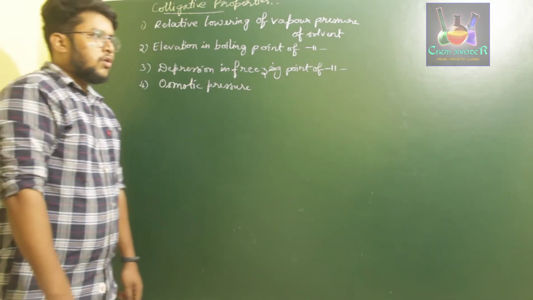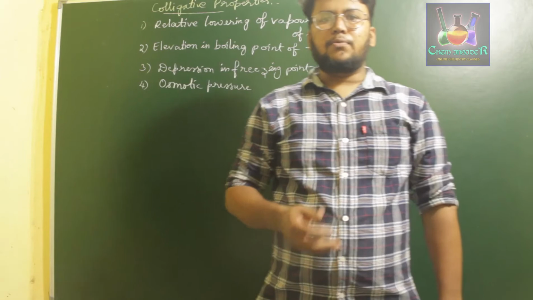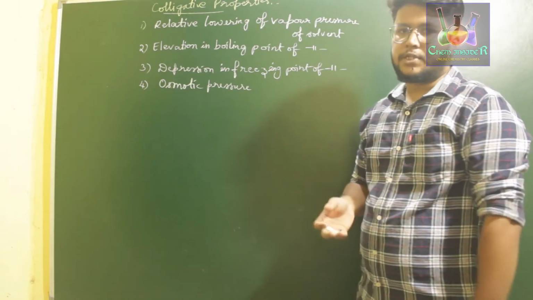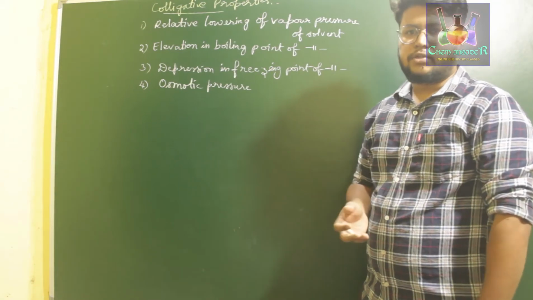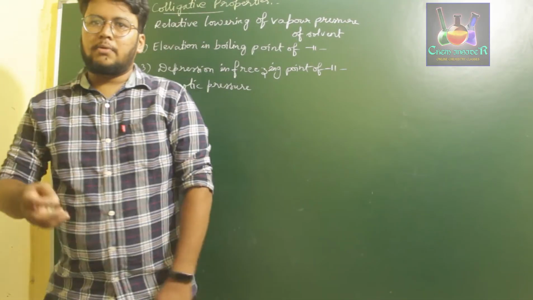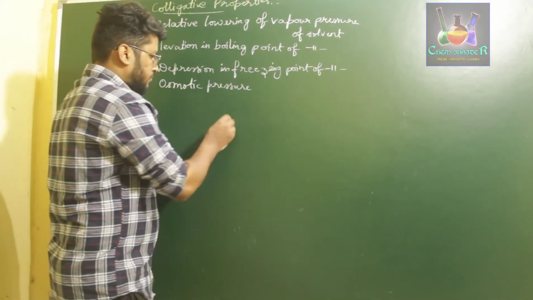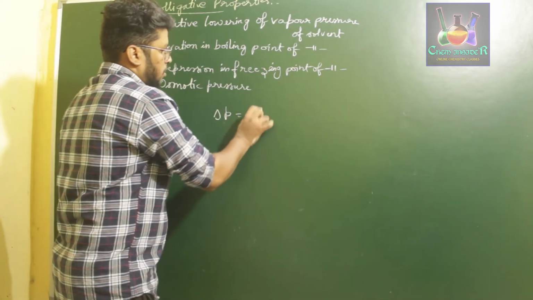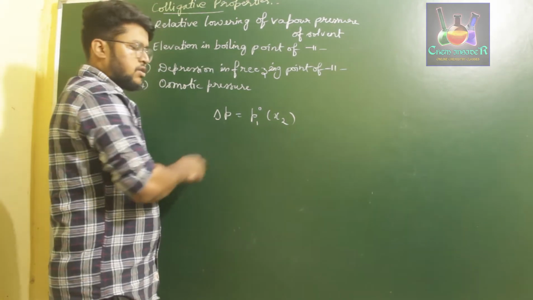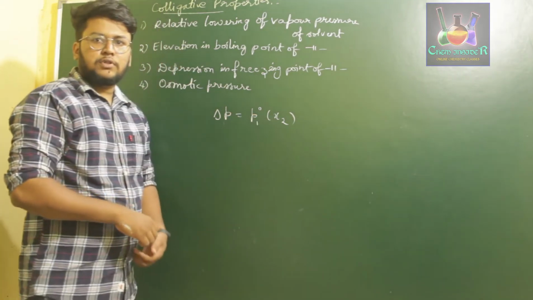So as we know, the vapor pressure of a given component, or the partial pressure of a given solution, depends upon the mole fraction of solute, right? So the vapor pressure P depends upon the mole fraction of the solute. So whenever you have to determine a solid in liquid type of solution, remember the expression which we derived in the previous video. Remember the equation where we discussed delta P is equal to P1 naught of X2, right? If 2 is considered as a solute particle and 1 as a solvent, then the partial pressure or vapor pressure depends upon the mole fraction of solute particles.